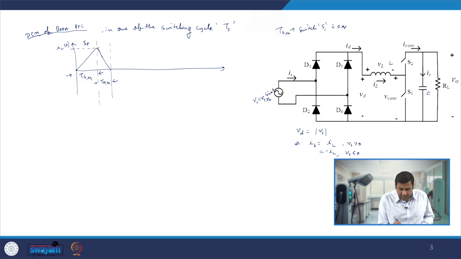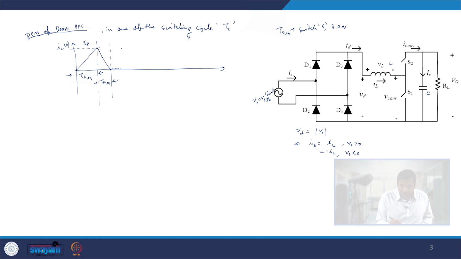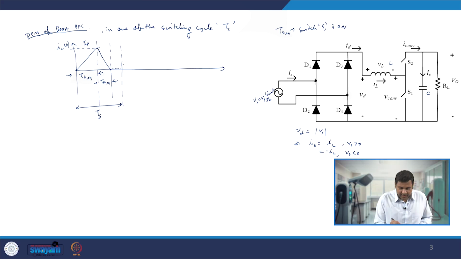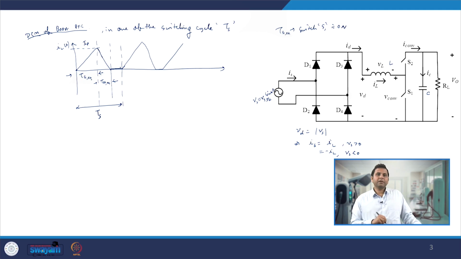And then let us say from this point to this point there is no current flowing through the inductor, and that is when there is no instantaneous current drawn from the source during that time. And then again after this Ts duration, one switching cycle, S1 is on, and we see that my inductor current will again rise, maybe to some different I peak, we will see what the peak could be, and then again it falls down to 0, and then again it goes up. So that kind of waveform is there.